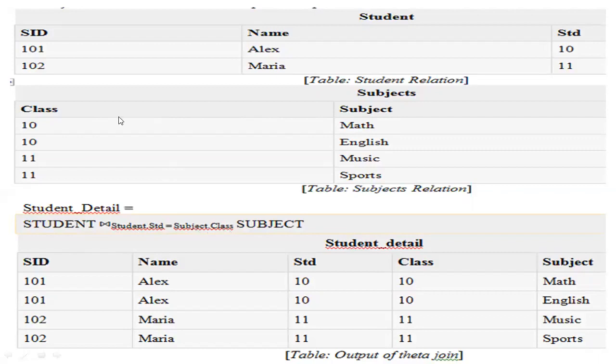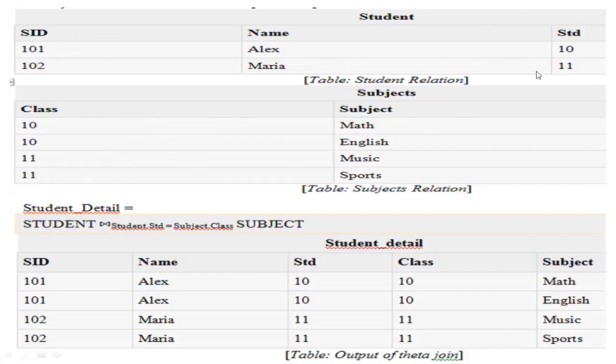So you are taking the STD value from the first table, and then the class value from the second table. If these two values match, that is, the value present in the STD column and the value present in the class column, then you can make a join here.